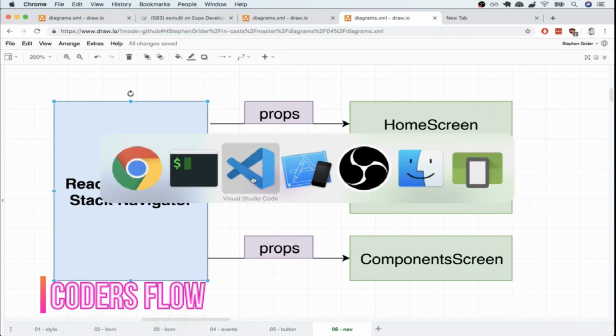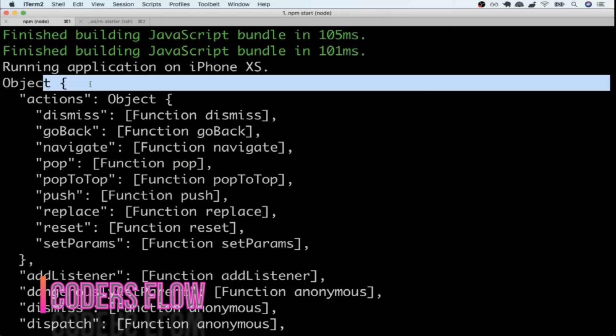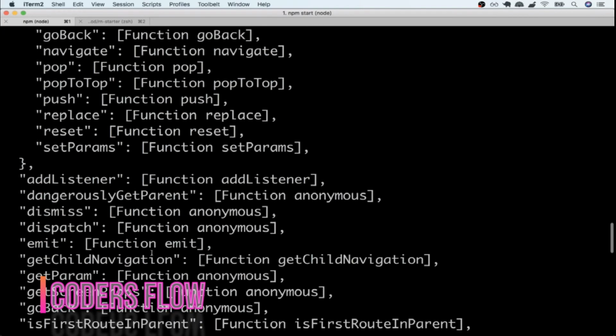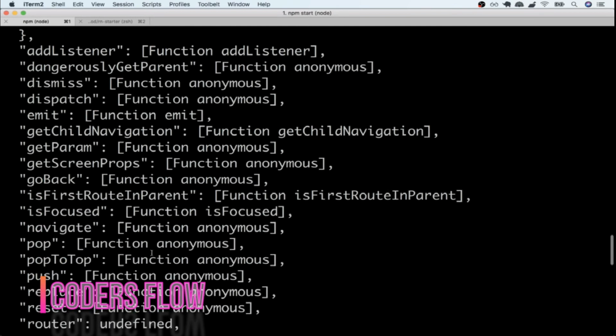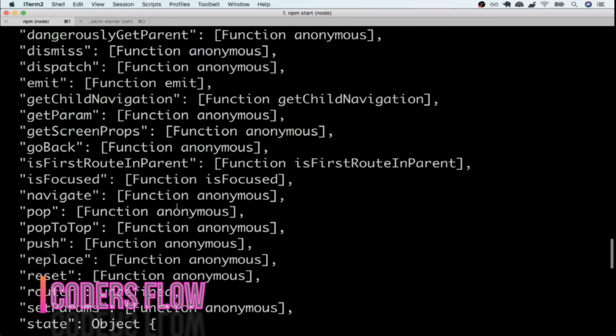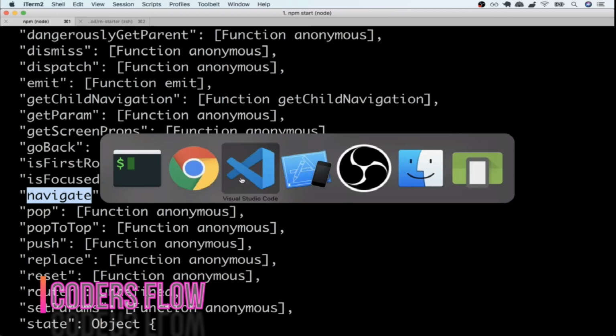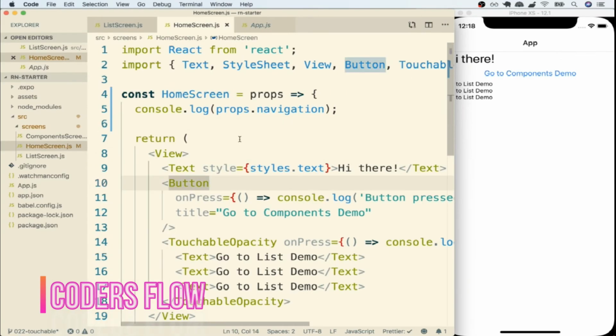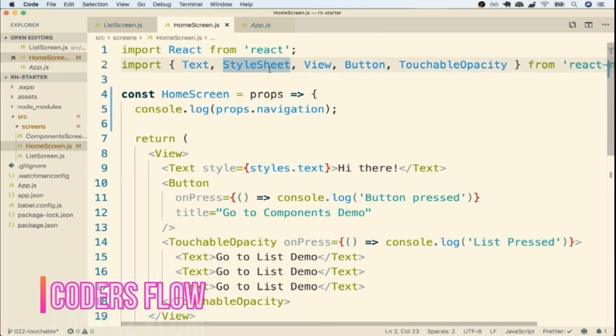All right, so with that in mind, if we now look really carefully inside this object, you'll notice that there's one very specific property inside of here, and it's called navigate. Navigate is a function that we can use to change the content that is visible on the screen of our device. We can call this navigate function with a string. If we pass in a string that matches one of the different route names that are defined inside of our